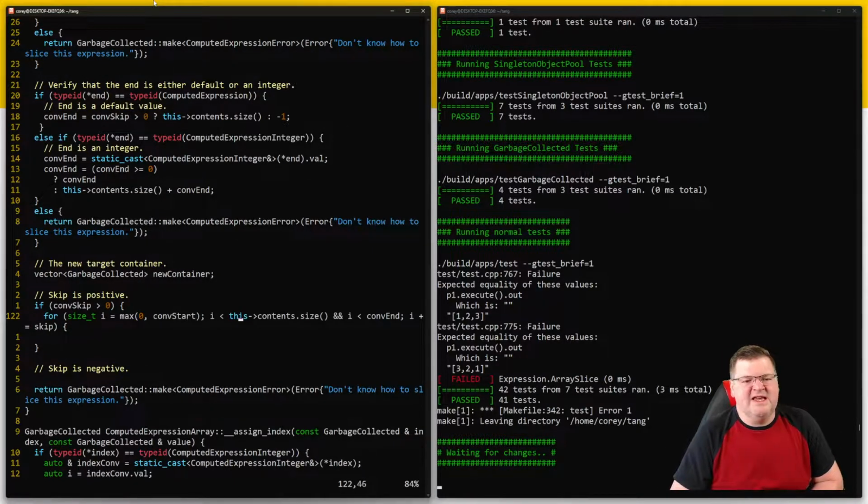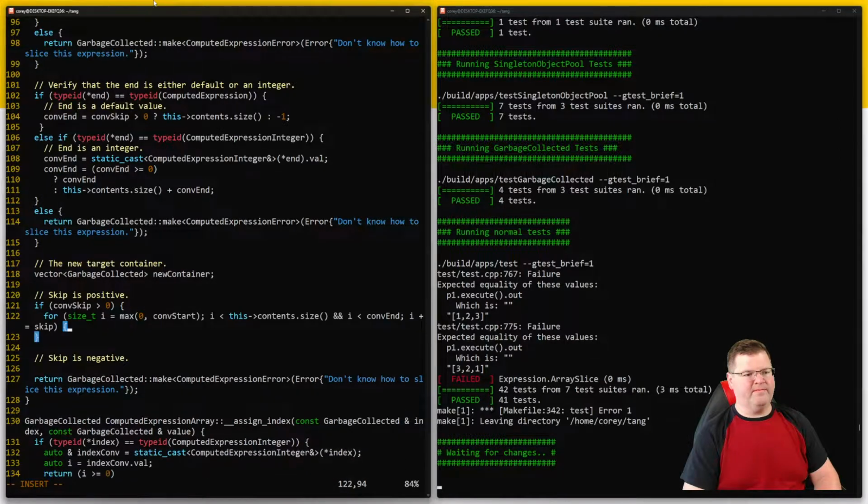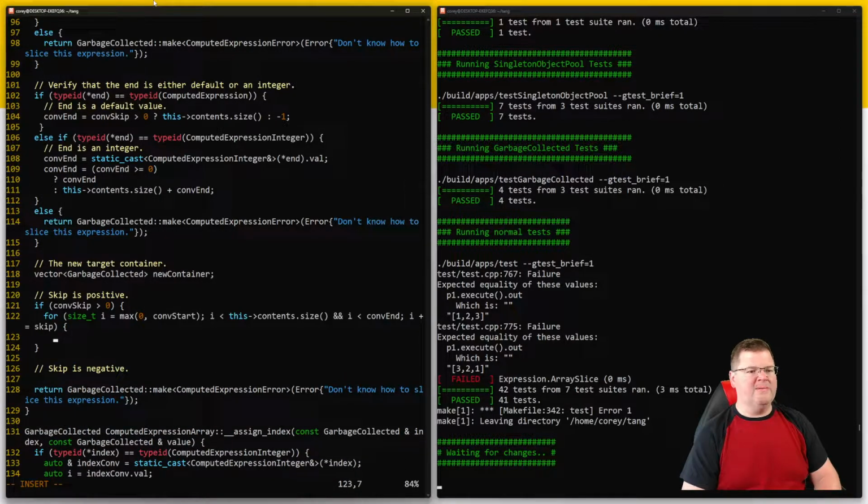While it's less than size and it's less than the end, all that we're going to do is say new container push back, and it's going to be